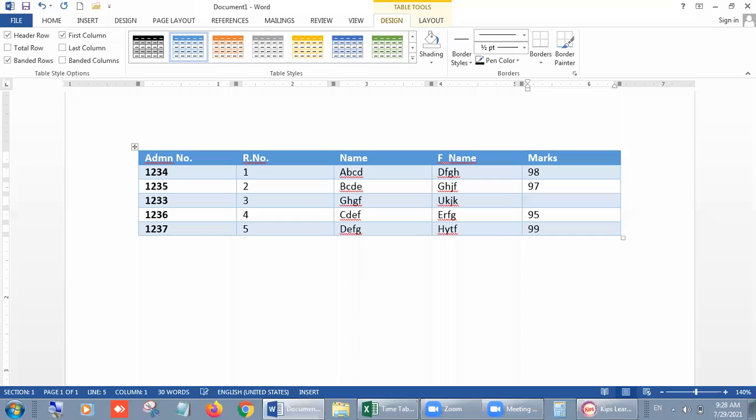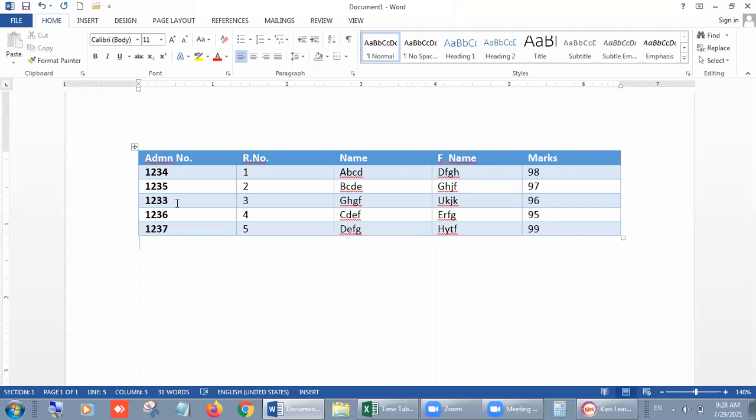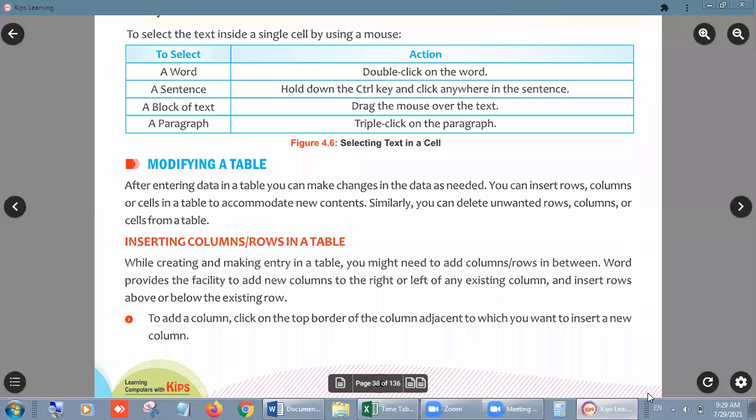Okay, and marks which you want to insert. In this way students, you can insert a row also in your table even after entering the data or preparing your table. So the formatting effect will be applied at the same level, or in a similar way, on the newly inserted column or rows. Okay beta. So now the next command is for insertion.